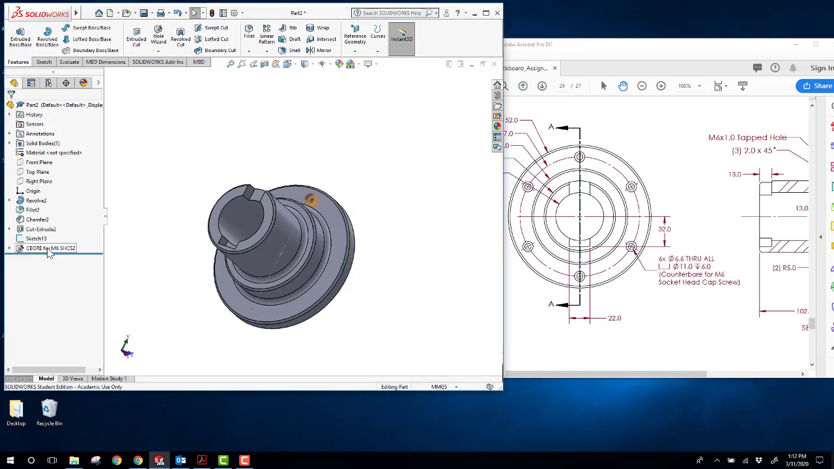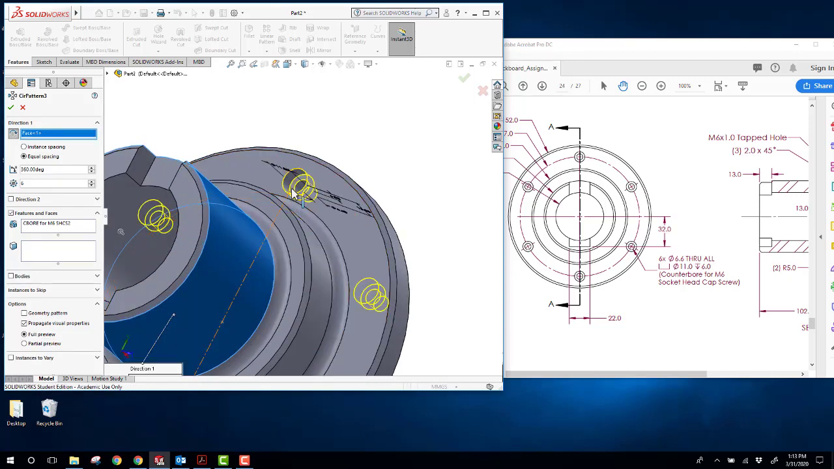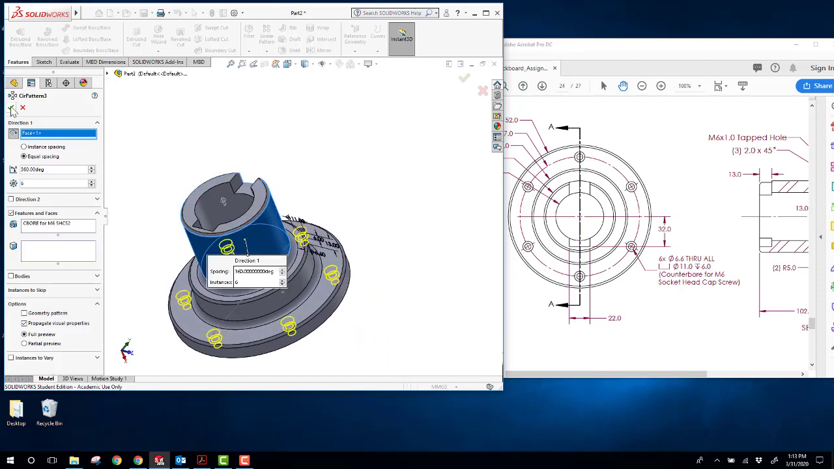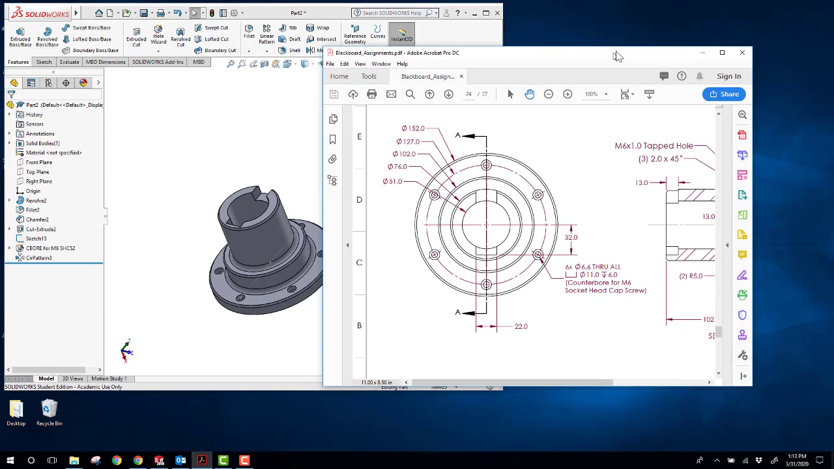All right, so I'm going to pre-select this counterbore so that it's not confused as to what I want to do a circular pattern of. So I'll do the circular pattern. I'll select this face as my direction, and there we go. So I don't know what it was selecting. Maybe I selected a point or something. So I want 6 of those. So we do that, and then the very last thing we need to put into this is this